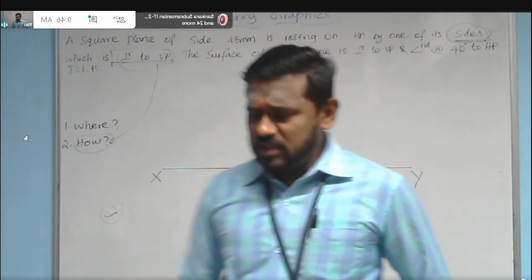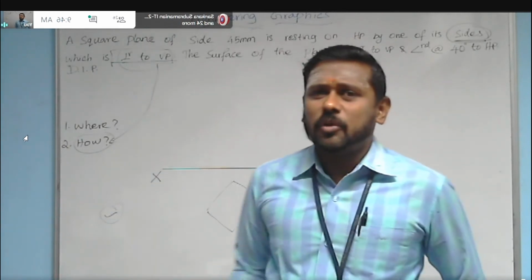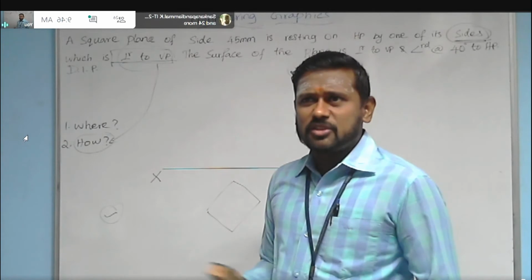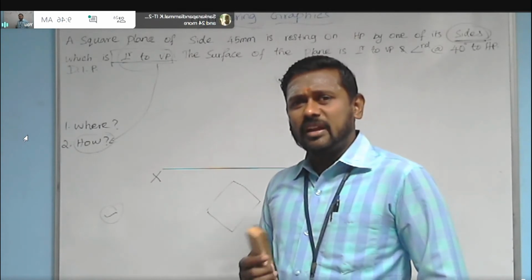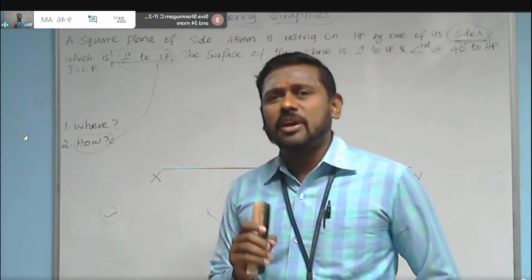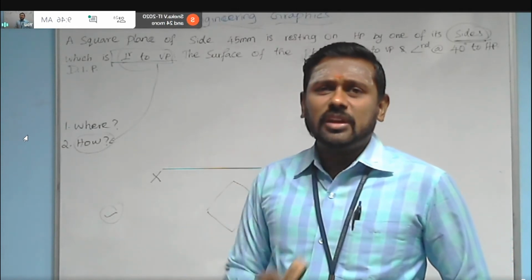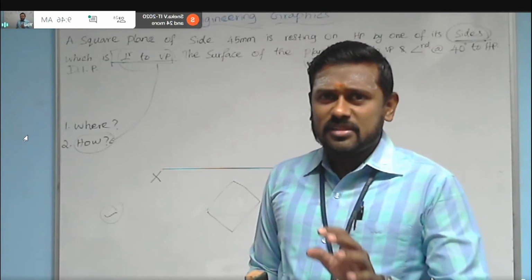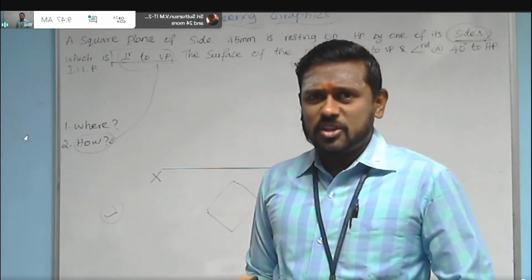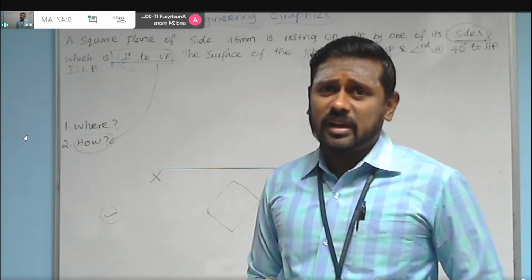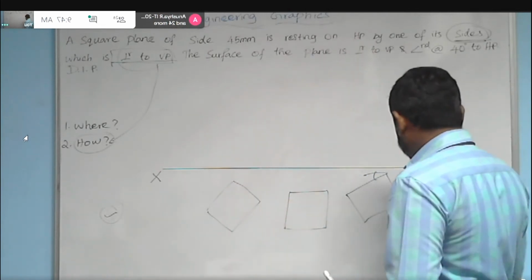In any kind of problem, irrespective of the type of the base, whether it is square, rectangle, triangle, pentagon, hexagon, whatever it may be, in the question they will give you some constraint to lead you to how the base should be looking when compared with the VP or HP. Some hints will be there in the question. So see it in the correct way and execute it.